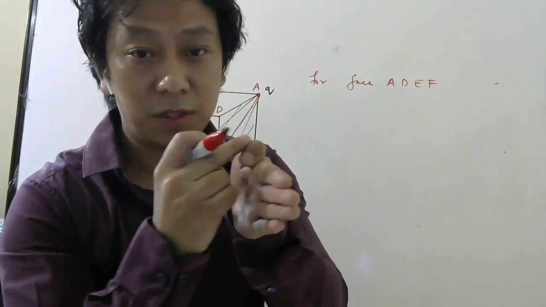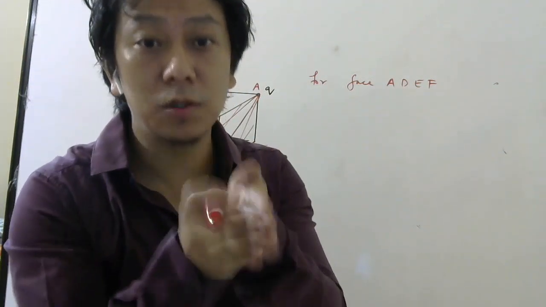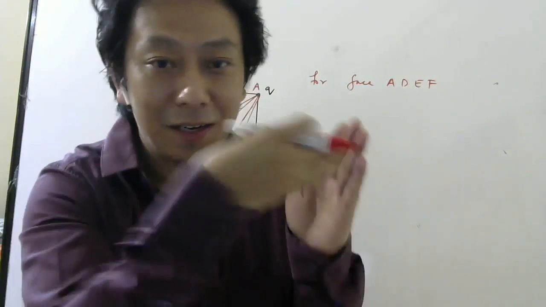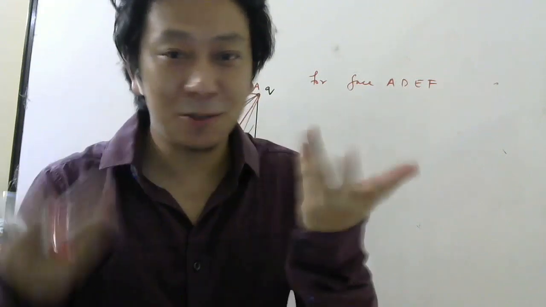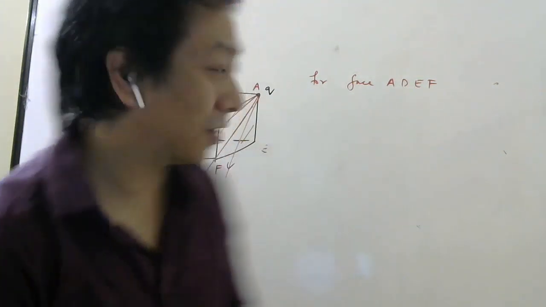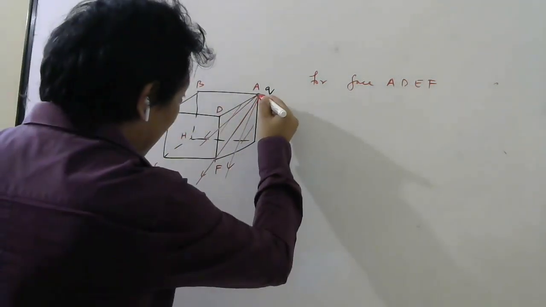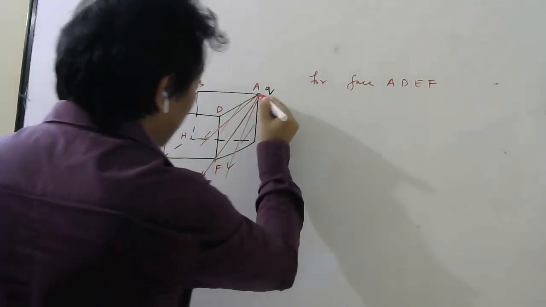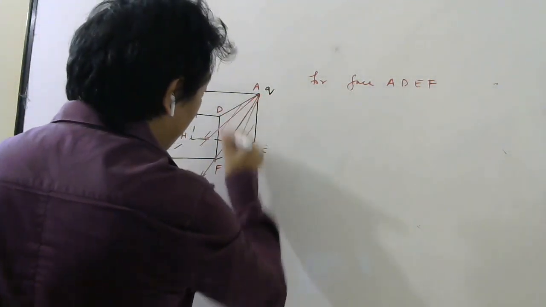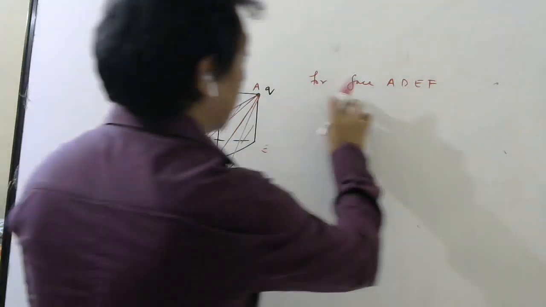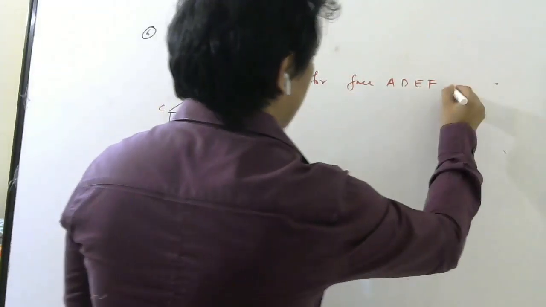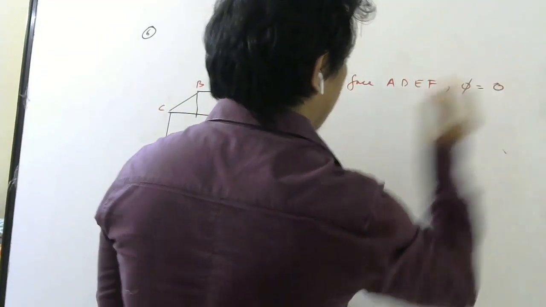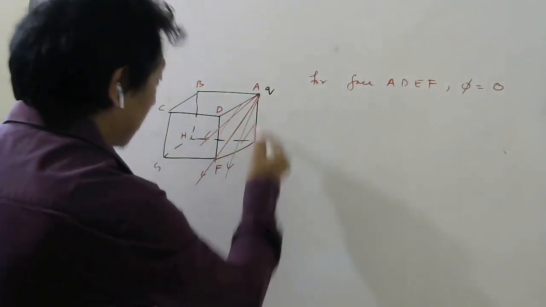And those lines which are coming this way will be parallel to the surface. If it is parallel to the surface, it is like walking parallel to the door, then there is no flux. You remember, right? Okay. So this face which has the charge at the corner will have no flux. So for face ADEF, flux will be 0 because no lines are cutting this surface.